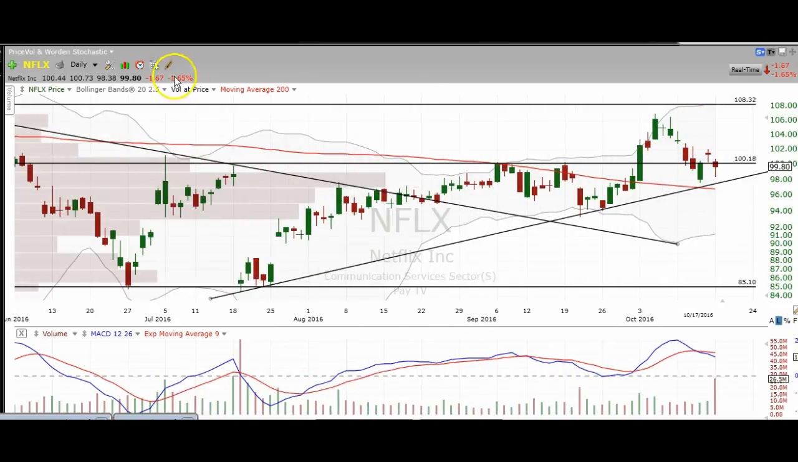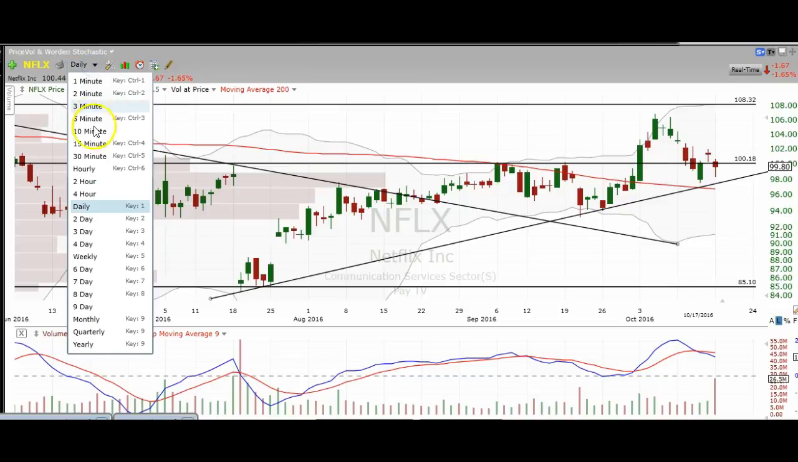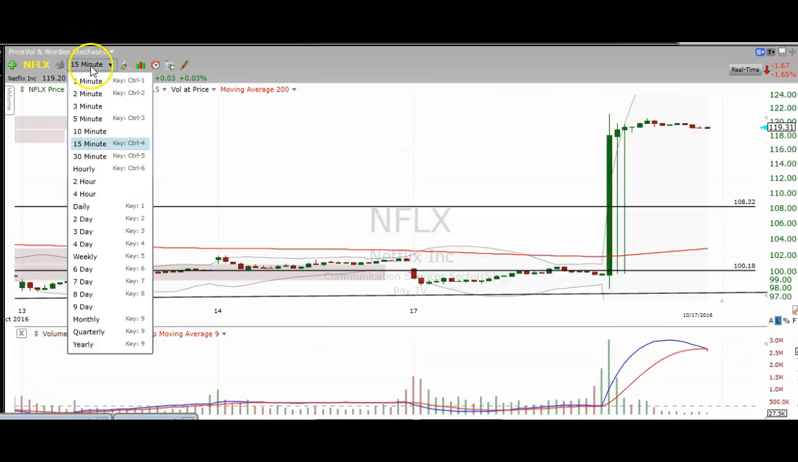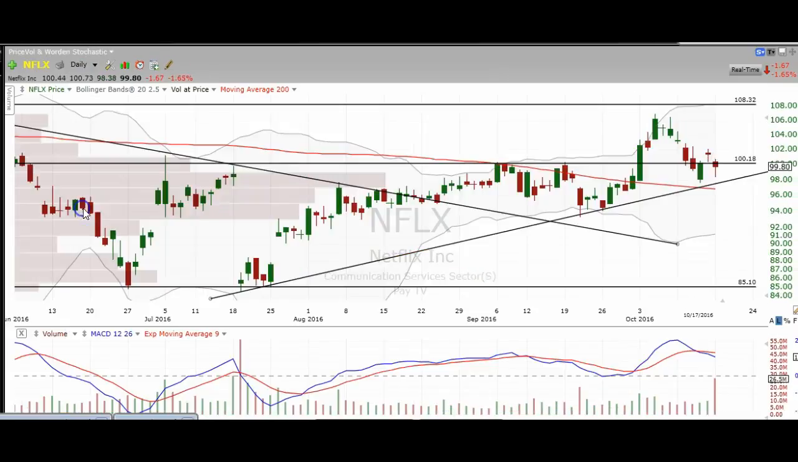Last time I checked, we were at about 119. I'll go ahead and check it really quick. Yeah, so we're right around 119. That's just the intraday chart here. That doesn't reflect here on the closing prices. But yeah, so we gapped up